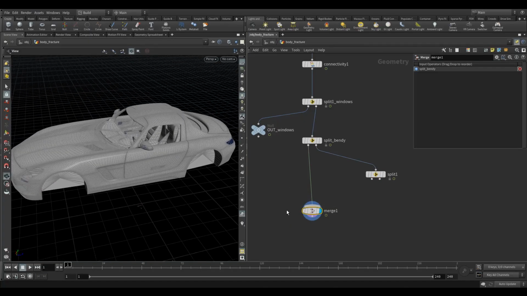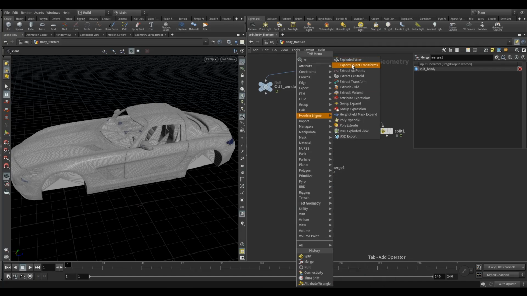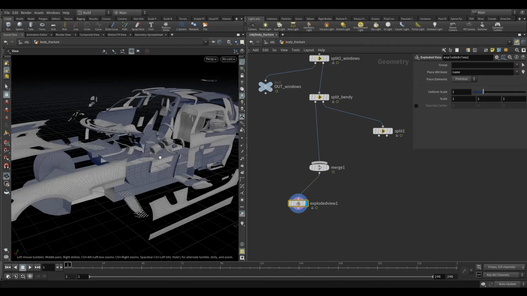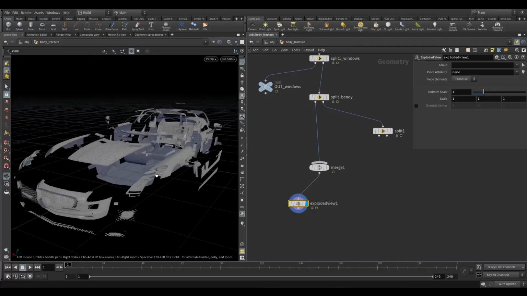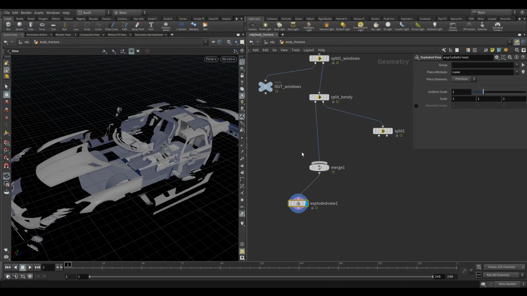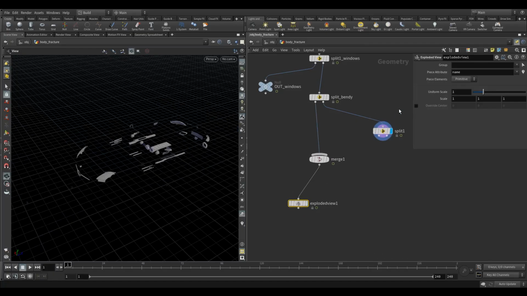As you're going along doing this, obviously it's a good idea to just drop an exploded view, and it can help you take a look at all the components that you've got. So even here you can see we've got lots of tiny bits and pieces that we'll try and remove later also. So with this here,